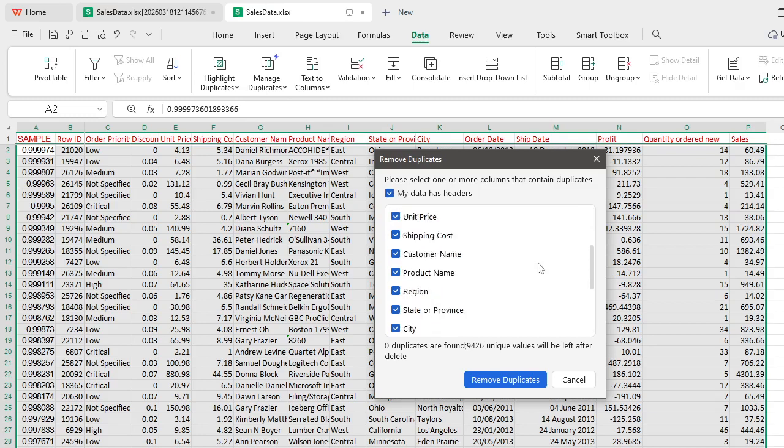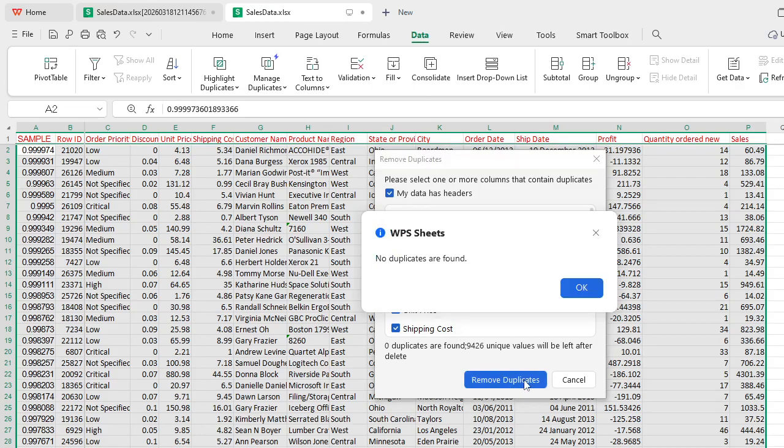and now we have an option of selecting all the columns where we want to remove duplicates, and by default you can select all the variables or all the columns, and you click on Remove Duplicates. And since our data set has no duplicates, it is reported that no duplicates are found. But if the data set has duplicates, they are all